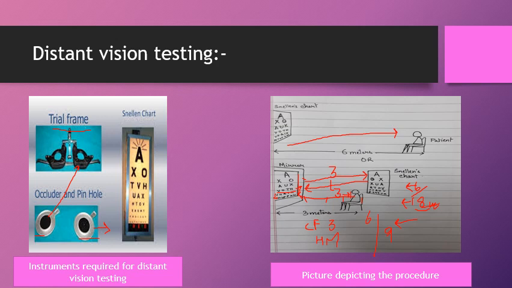First, we show the light on the superior quadrant, followed by the temporal quadrant, then the nasal quadrant and the inferior quadrant. In each quadrant separately, we check whether he is able to perceive the light in that respective quadrant. If he is able to see the light in that quadrant, then we say that the projection of rays is positive. So the projection of rays in all the 4 segments is present. So his vision becomes perception of light is present and projection of rays is also present in 4 quadrants of the eye.